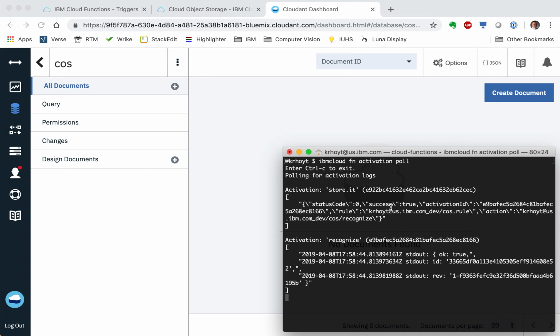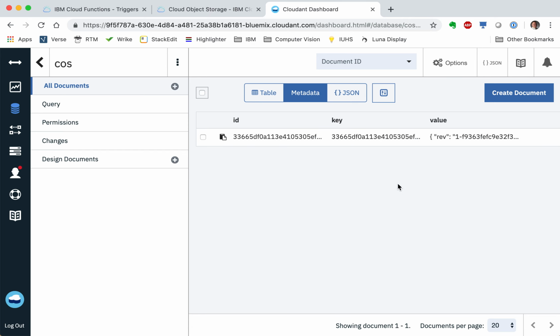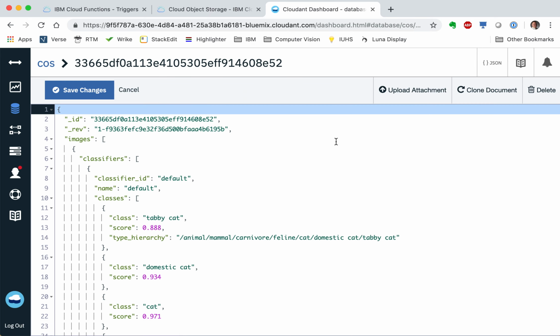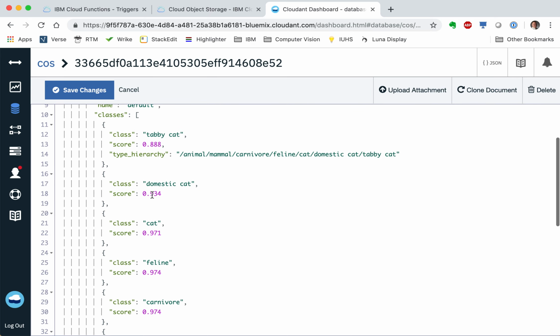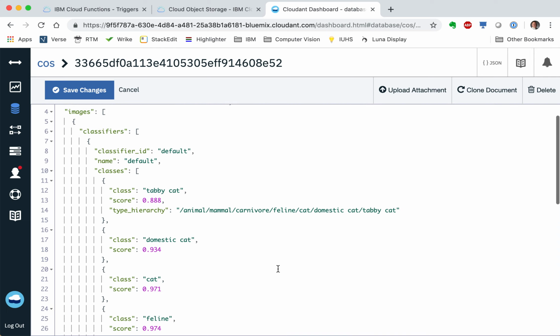So it activated the store, and there's the results. Now it's in Cloud Object Storage. Now I need to wait like 5 seconds longer, and it'd have been cool. Oh well. Here we go. We refresh it, and hey, there's the document. We go inside the document, and remember, I dragged a picture of my cat. So it says 88% chance it's a tabby cat, 93% domestic cat, 97% just a cat, 97% feline. So it's got the general idea. And then here are those additional parameters: the bucket, the key, and the endpoint that I used for putting the file in the first place. So all that happened automatically for me